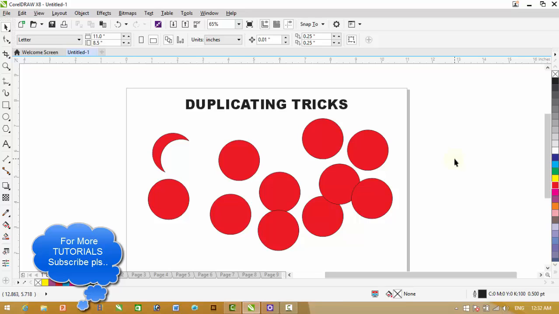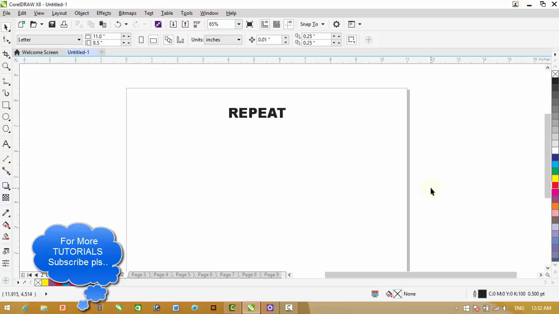So the next shortcut, we will move to the next shortcut, and here is the repeat command. Repeat command is also very important, but when we combine it with that command of duplicating, then it will give us very interesting results. For example, repeat. What is the repeat command? First of all, you will understand this repeat command.